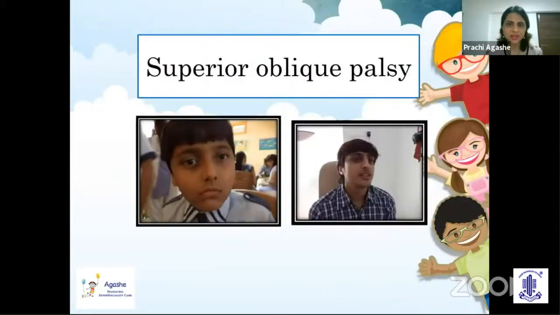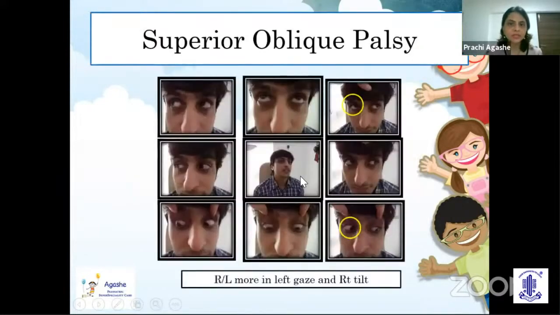So these are two scenarios of patients having superior oblique palsy. If you notice the photo to the left, this indicates a childhood onset because of the facial asymmetry that is seen. And this is another adult who also actually had a childhood onset problem, but presented later on. So this gentleman has a left face turn.